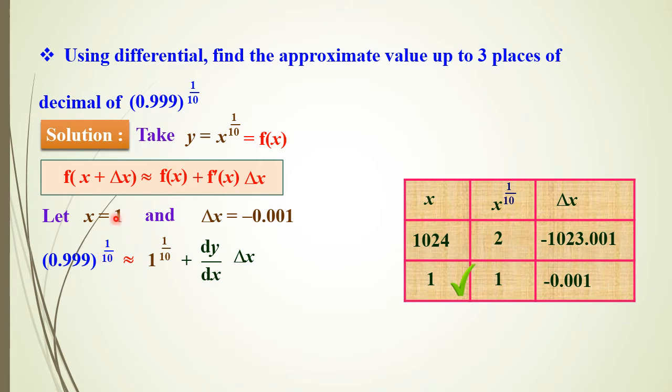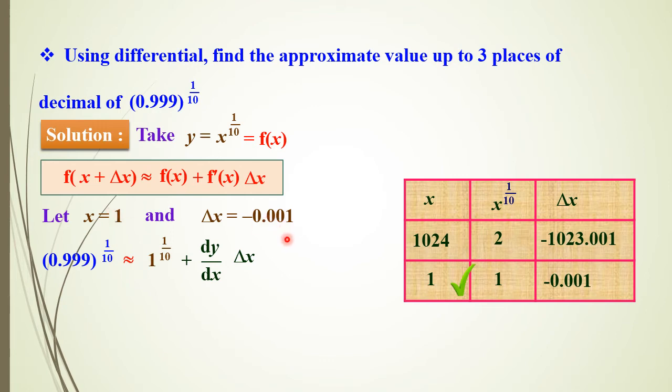So x must be taken as 1 and delta x must be minus 0.001, because after adding 1 and this value, we are supposed to get back our original decimal value, 0.999. Why must x be 1? Because the 10th root of 1 is 1 itself, so you can come out of the 10th root. Therefore, for any approximate value like this, we take x equal to 1, delta x equal to minus 0.001. If you consider other values, you cannot get exact solutions, because it is very difficult to come out of the 10th root. Therefore x must be 1, delta x must be this much.